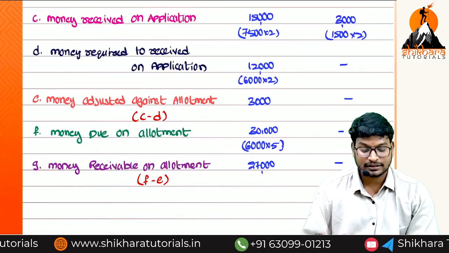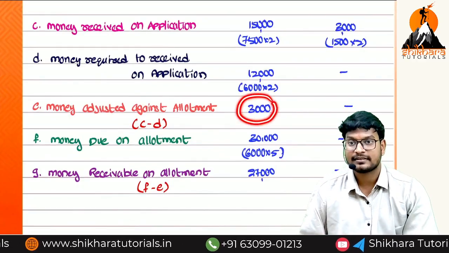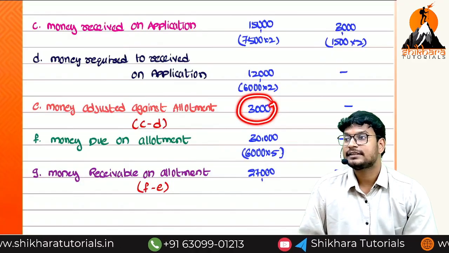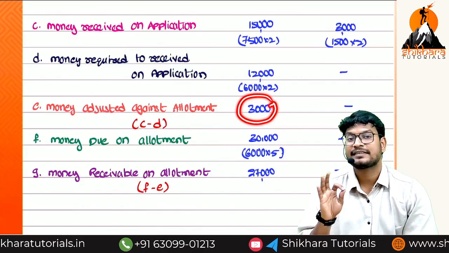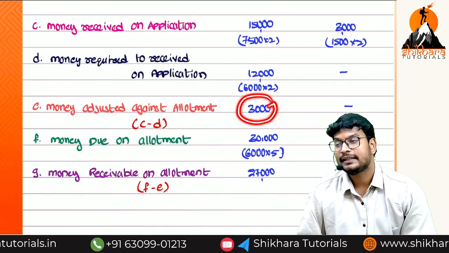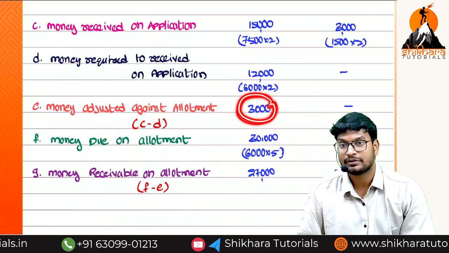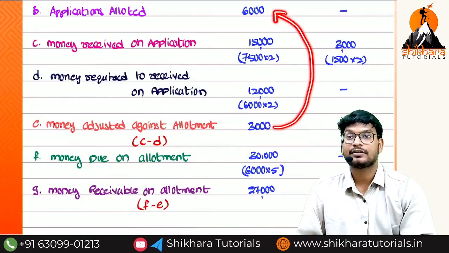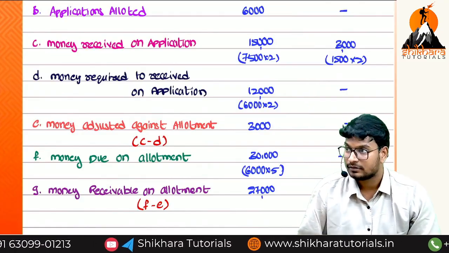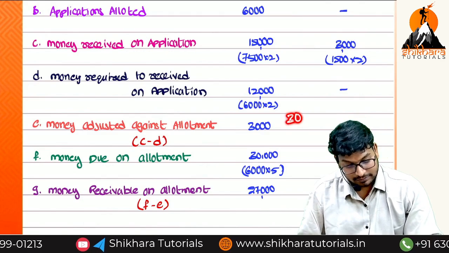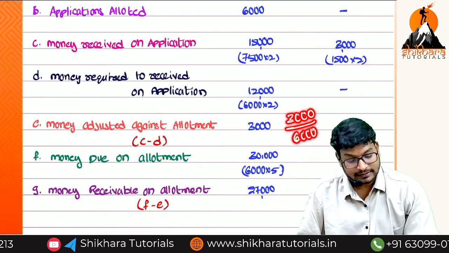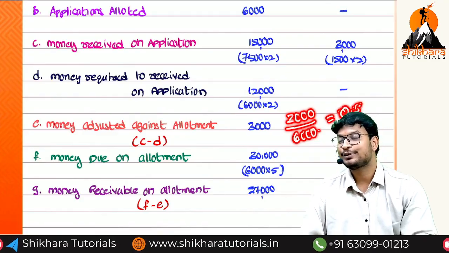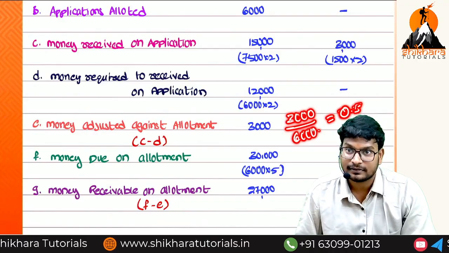And I will ask another question, you have to answer. Sir, we have received 3,000 rupees on how many shares? 6,000 or 7,500? 6,000. That means what is the per share value? How we will get the per share value? This is the total amount we have received, 3,000. Now I am asking, for 6,000 shares, what is the amount per share? How we will get it? This 3,000 divided by 6,000, that is equal to how much? 0.5 per share.